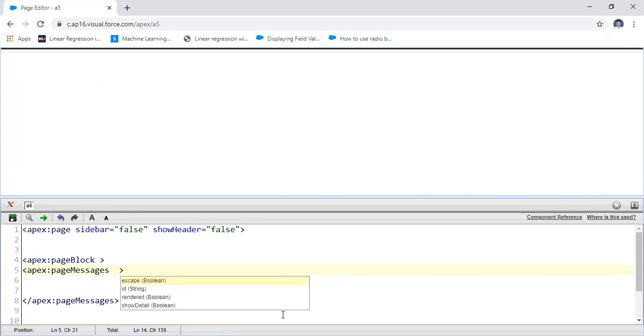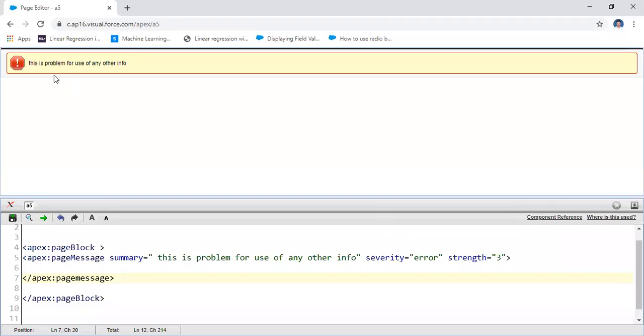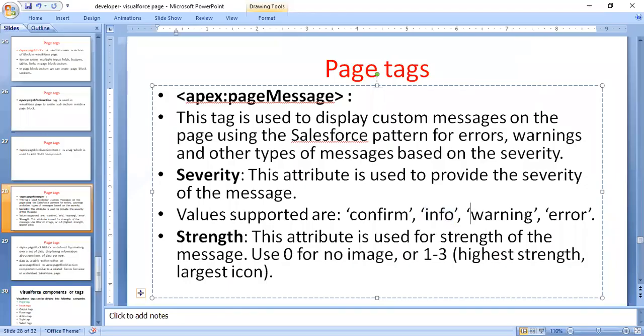What is an attribute value? The attributes here are for messages. Okay, I use the messages. The next time we will discuss the messages. Yeah, it shows the warning like this. Here it is an error, in the sense a red mark. For example, if you take the warning, only simple warning information.